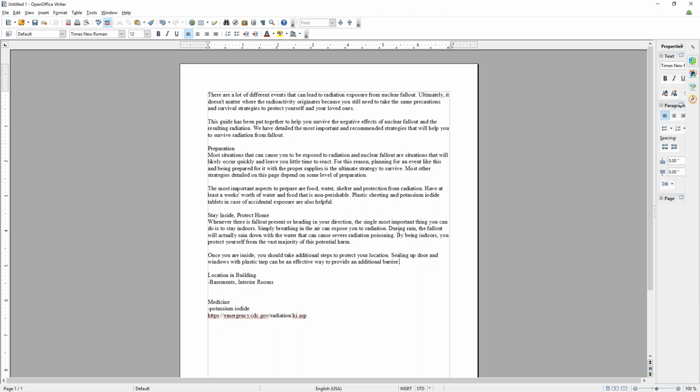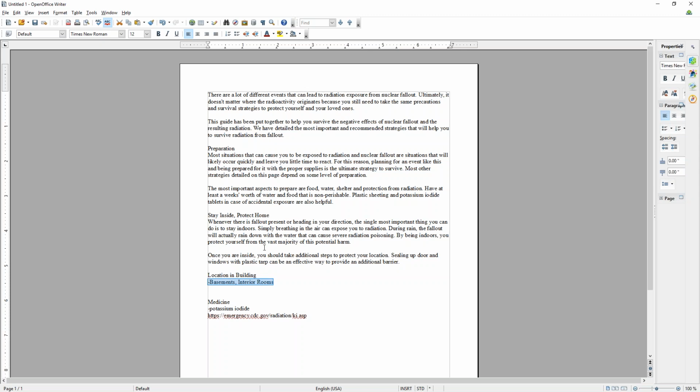All right, so a little bit of additional information about staying inside and protecting the house. I could then move on to talking about the location in the building. In a lot of ways, this is kind of the same survival strategy. Somebody could maybe just use bits and pieces of this. But ultimately, if they can kind of combine all of these aspects together, it seems like it would give them